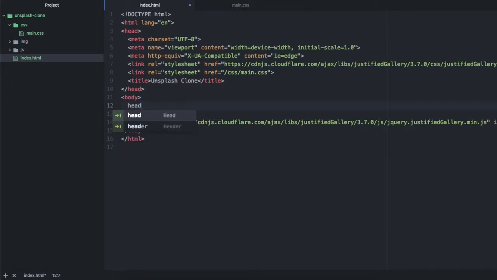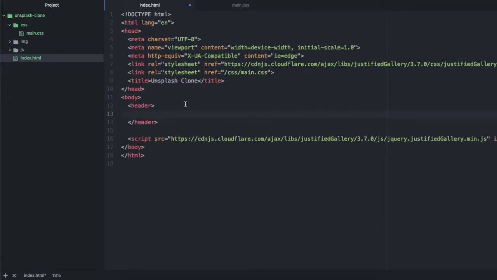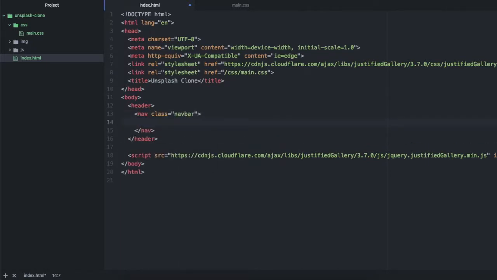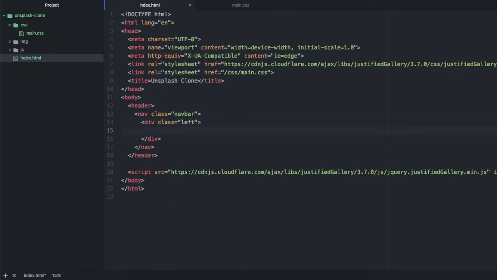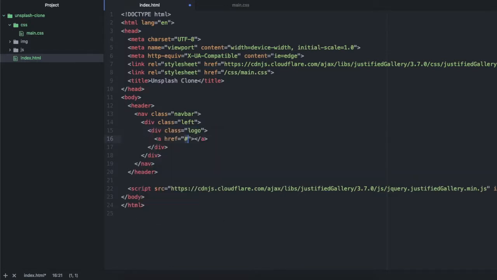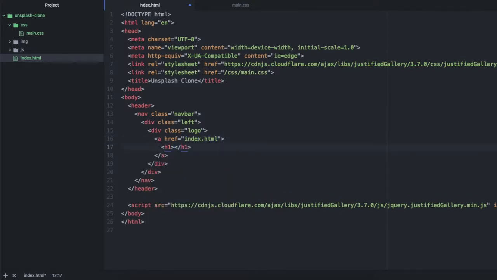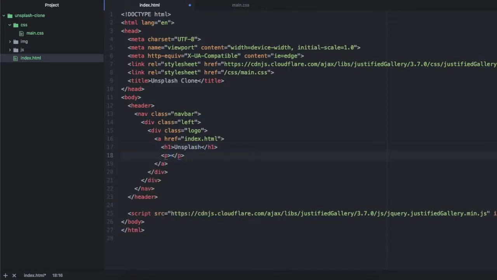Okay, so the next step is to create the navigation. So I'm gonna put a header tag first, then a nav tag with the class of navbar. Then I'm gonna put a div with the class of left, and inside, because this is the part of navigation which is gonna be pushed to the left, I'm gonna have a div with the class of logo, an A tag which goes to index.html,